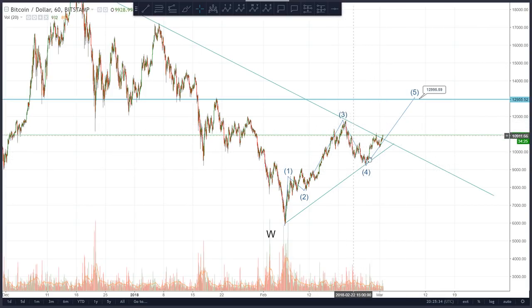Sorry, for it to be a triangle. So it's certainly a wave 4. But I was suggesting this may be an A, could have a B, and then a C, and a little D and E here before it breaks out. But to be honest, very rarely does price reach the point of the triangle. It usually breaks out way before, to be honest. So you may find that this is just going to break the line now.